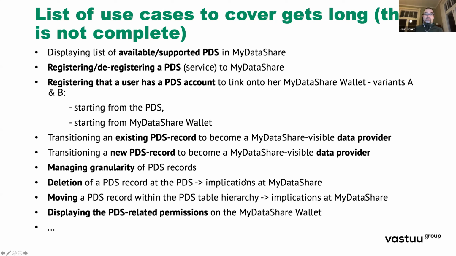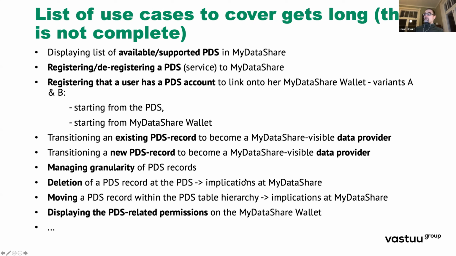Then we don't have this concept of a PDS record, which is the atomic data item on CEPS. So that would have to be converted into a data provider, which is basically something that represents a data resource behind an API of an organization in Mydata share. Then this might be an existing PDS record on your PDS, or you just move the file into your PDS, how you bring this out to the permission operator.